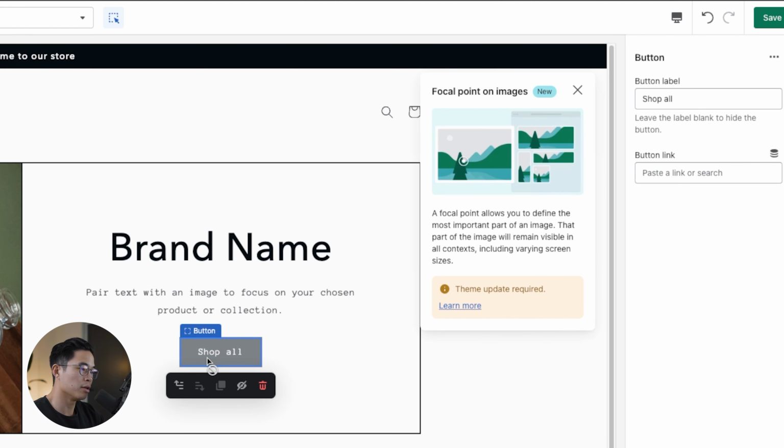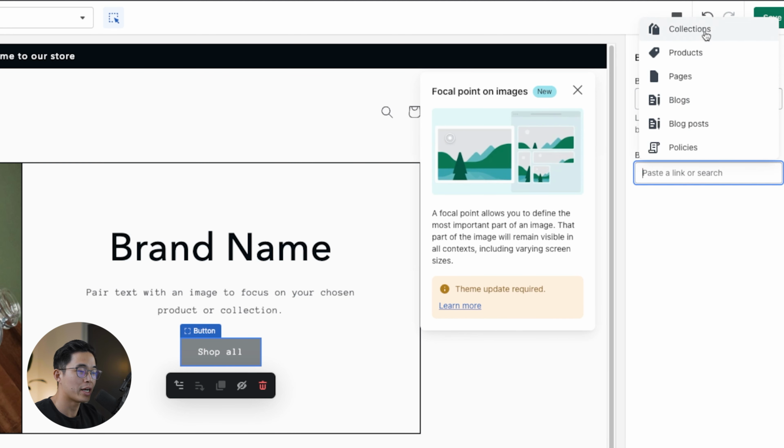For the button, this is also important to choose. So we will change this right here, shop all. And then for the link, of course, we can actually link directly to any of our pages. For example, once we create our products, we will be able to actually link there, or we can link directly to